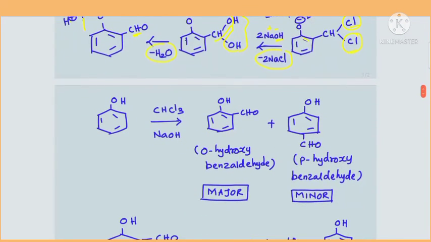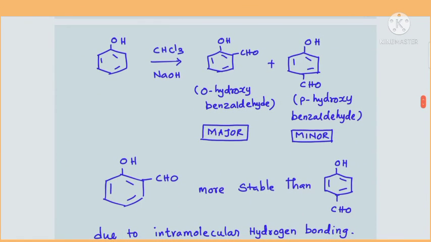So actually in Reimer-Tiemann reaction we get a mixture of products. Two different products are possible. When phenol reacts with chloroform and NaOH, there is a possibility of formation of ortho and para products. The CHO group is getting added in the ortho position in phenol as well as in the para position of phenol. The first one is called orthohydroxybenzaldehyde. The IUPAC name can be given this way: this can be taken as the parent compound, benzene with CHO group, benzaldehyde. There is an OH substituent, which is called hydroxybenzaldehyde. They are on adjacent carbon atoms, so orthohydroxybenzaldehyde.